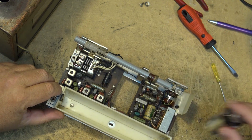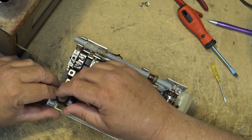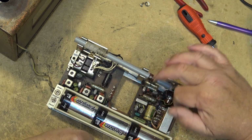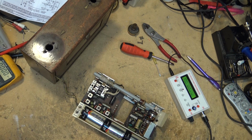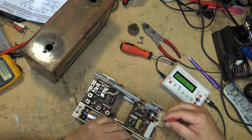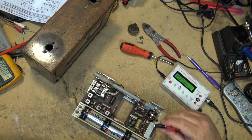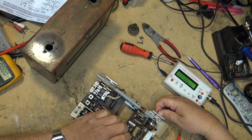So I'm going to reinstall the batteries. I'm going to see whether we can get a signal from the amplifier, and that'll tell me whether the problem's on this board or whether the problem's on the radio board. Okay, I got the function generator set up, 440 hertz tone. Let's see whether we get any sound through the amplifier. So I'm just going to find probably a ground right there. Okay, we'll turn this thing on,